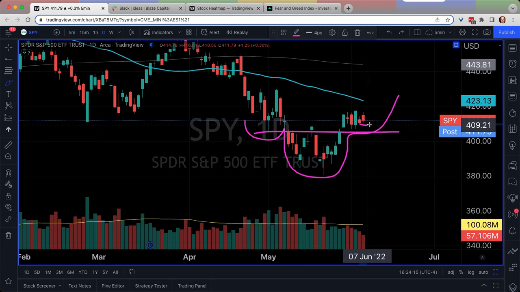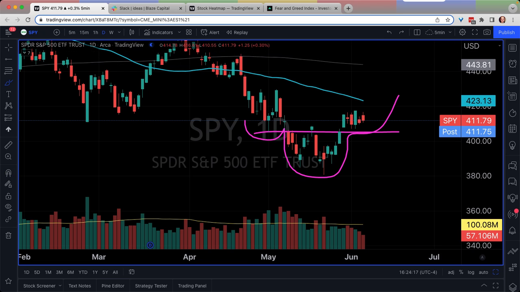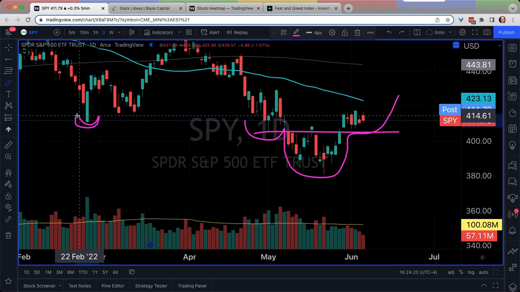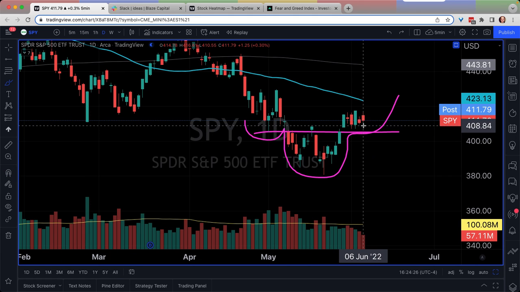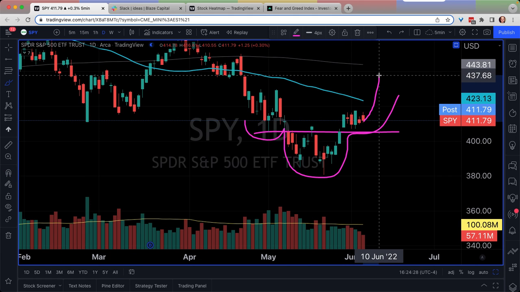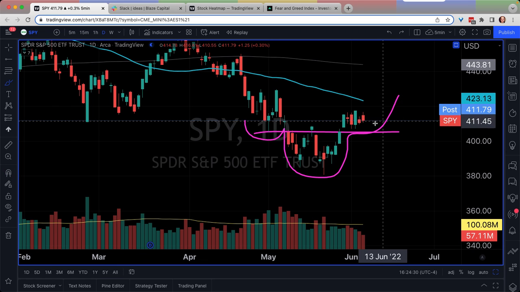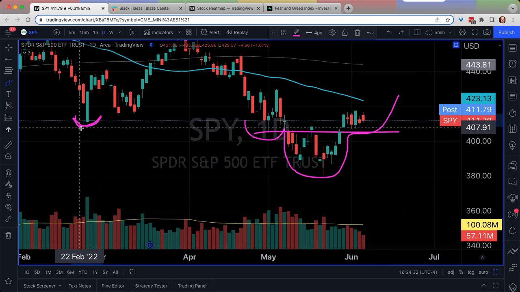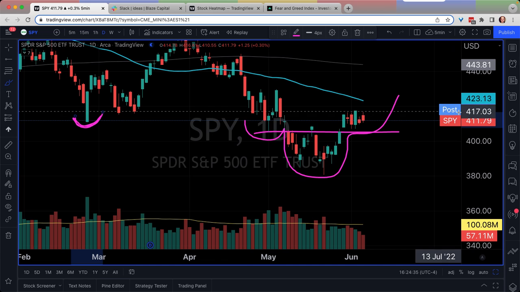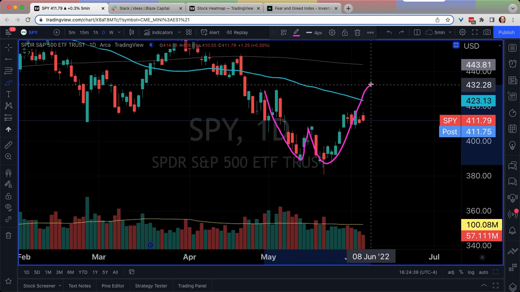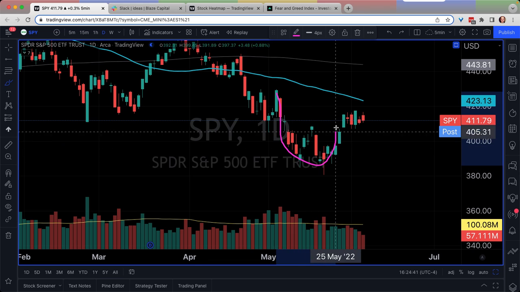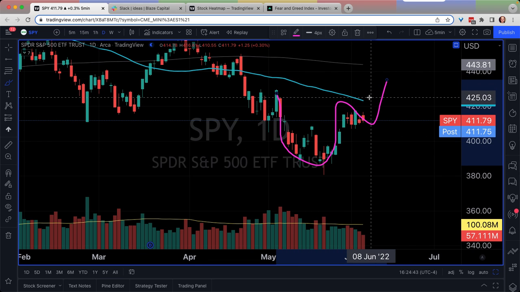However, if we look at the low from today, it's 410.55. That is almost perfectly back to our Q1 low at 410.64. So right now, again, if this is the low of the week and we push higher from here, that would make perfect sense to me. We backtested a key support area, and we bounced. So that's important. We have a bullish pattern. We also have a W inside of here, or we have a cup with a handle. I don't know exactly what it is.